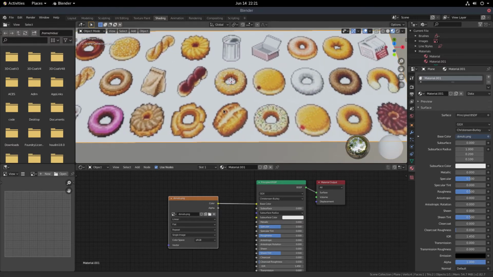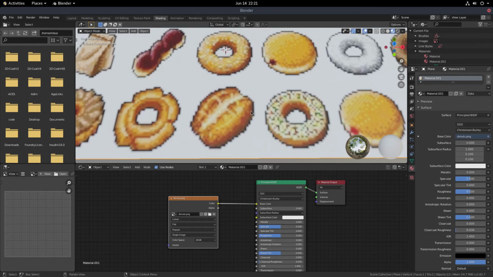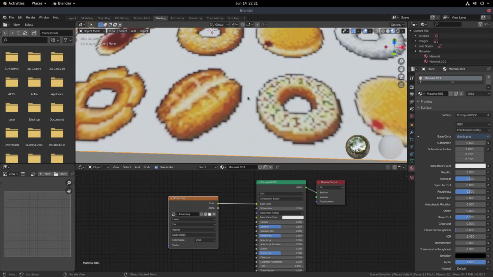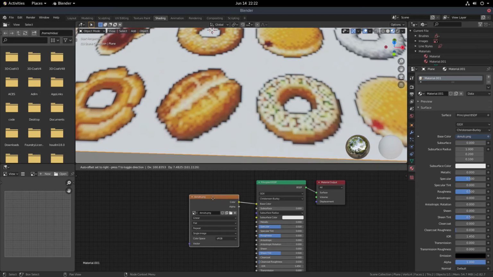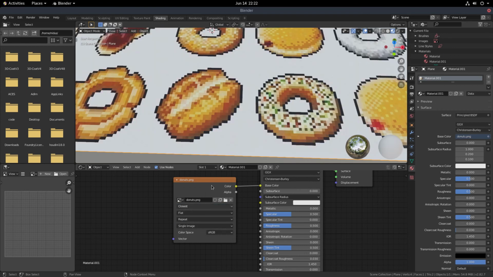And you should already see it, but by default, the interpolation, the pixel interpolation, the sampling does smooth the texture. This is what you want in most cases, but not if you want a pixelated art style. So you want to switch the texture sampling. And that's the first drop down in the image texture node. It's set to linear, and what you want is closest, so no filtering is done at all, and that will keep the